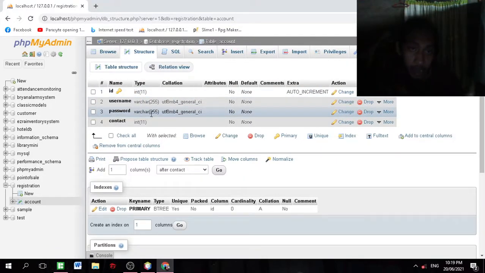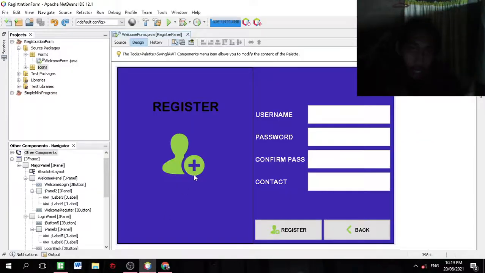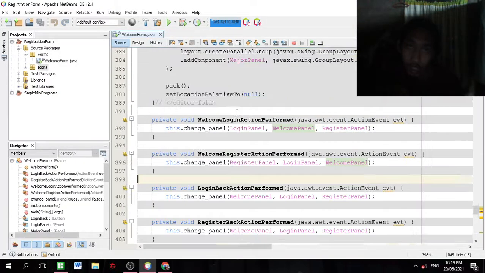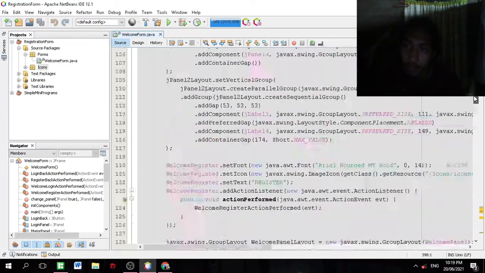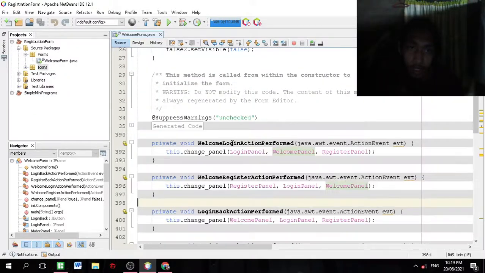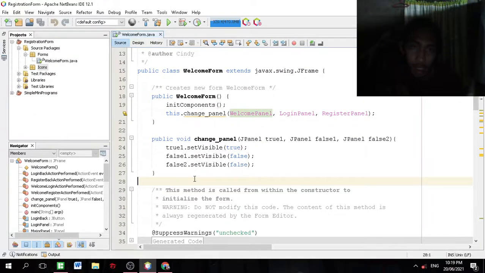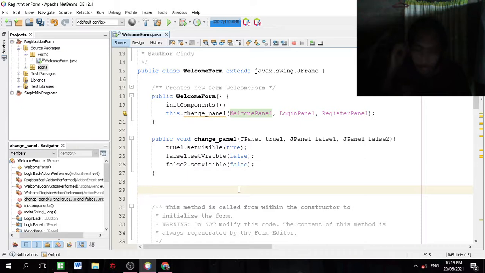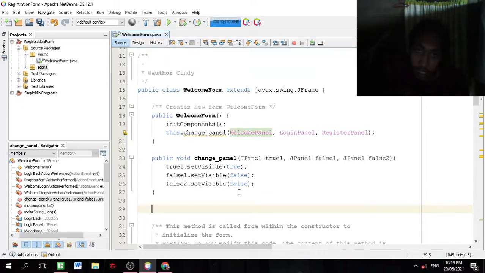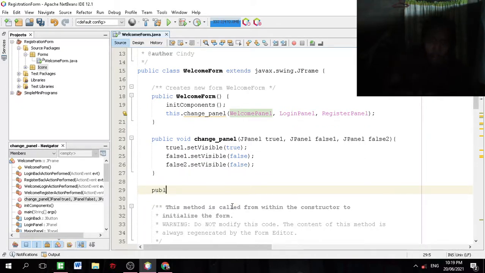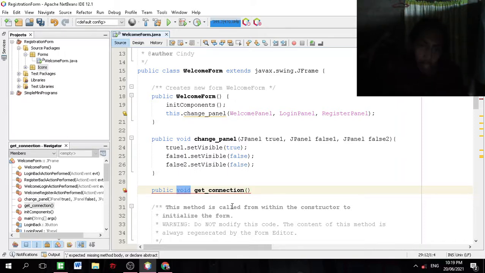And I've got a database. Now what we're going to do is connect to our database. Okay, so here at the bottom, let's create a function that will give us a connection. It's going to return a connection,